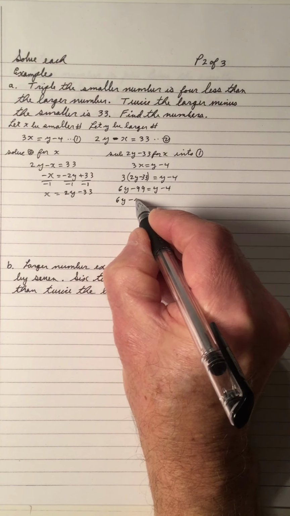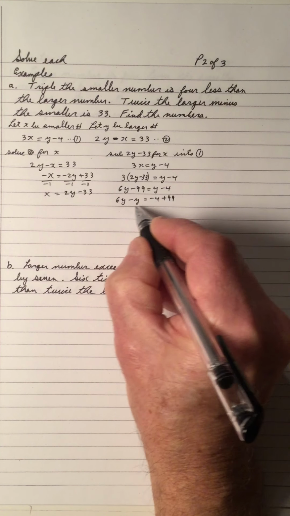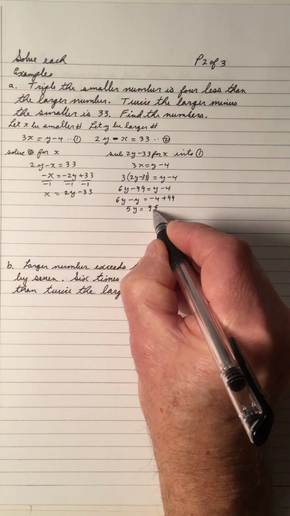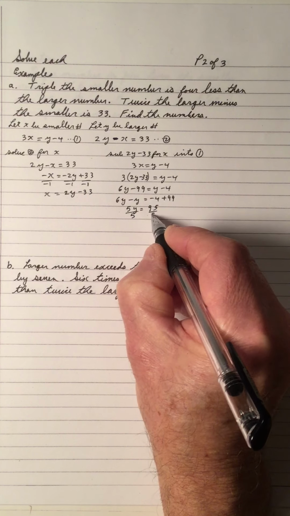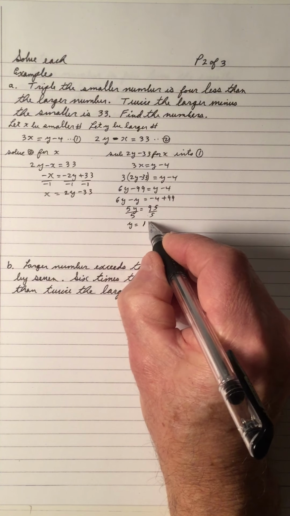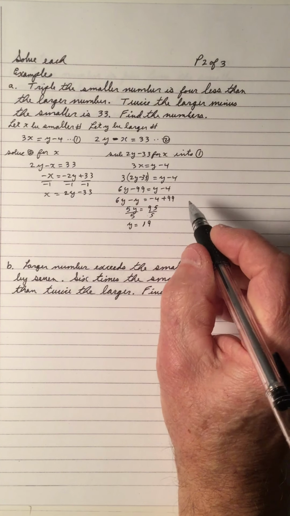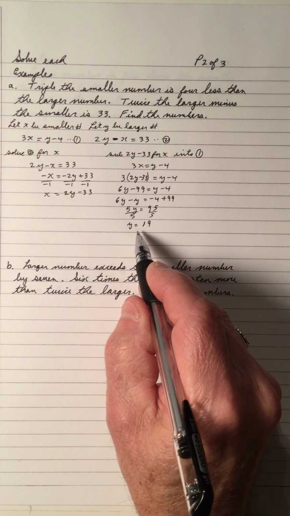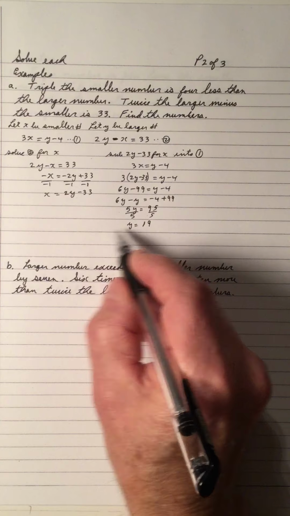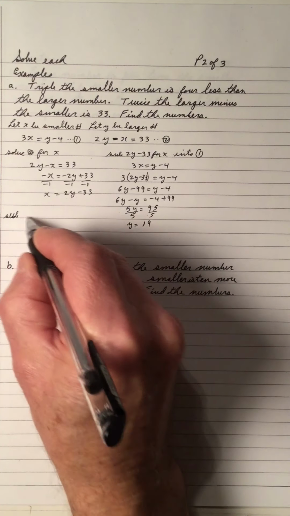Y's to the left, numbers to the right. So 5y equals 95. Divide by 5, and y equals 19, since 5 into 9 goes once, and 5 into 45 goes 9. So y is 19. Now, if I want to find the value of x, what I can do is sub y equals 19